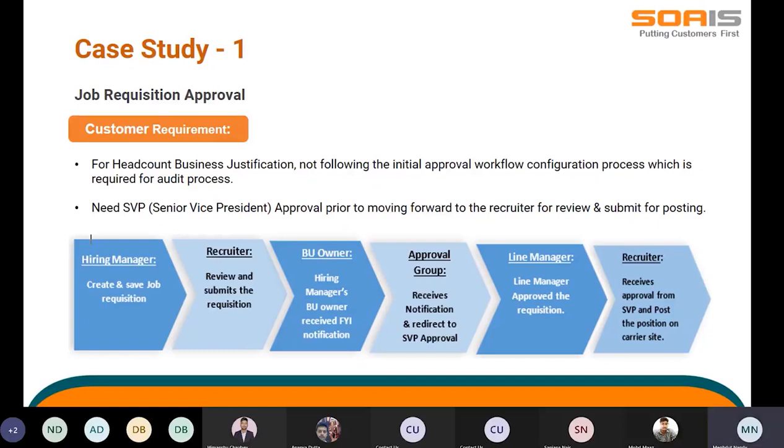As soon as the recruiter submits the requisition, the hiring manager and the BU owner receive the FYI notifications, as well as the approval group. Then the approval group redirects it to the line manager for approval. Once the line manager approves the requisition, the recruiter receives the notification from the line manager, and then the recruiter posts the position on the company career site. So this is the flow we have implemented. Now in the next slide,